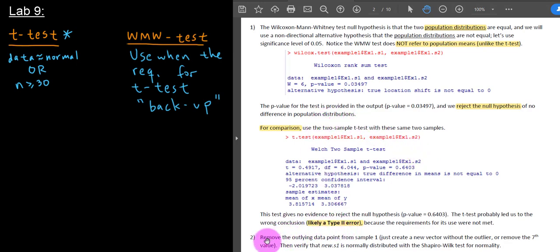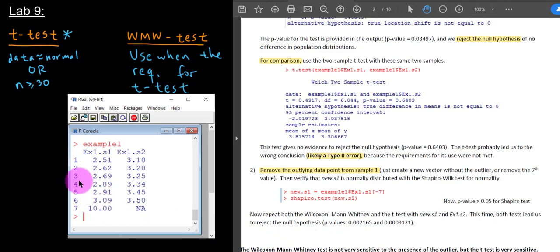Moving into the second option here, if you had justification to remove the outlier, then rerunning the t-test, you could try that. Now, if you look at the data in the first sample, it is not too hard to identify the outlier, right? It's that last value here. So here I run you through one possible way that you could remove that outlier by using that hard bracket there, and that minus sign is like saying, hey, get rid of the 7th value, since the 7th value has